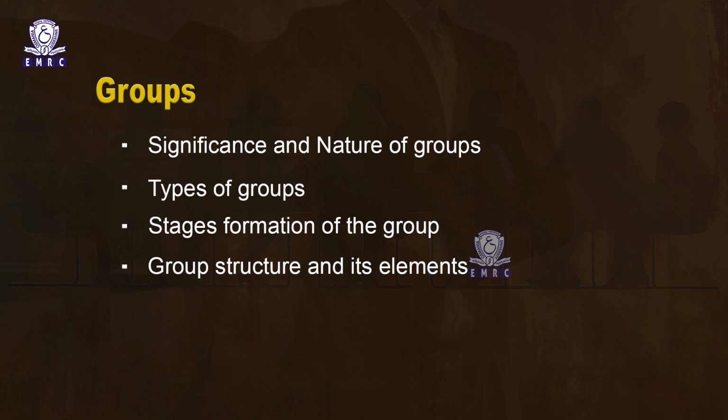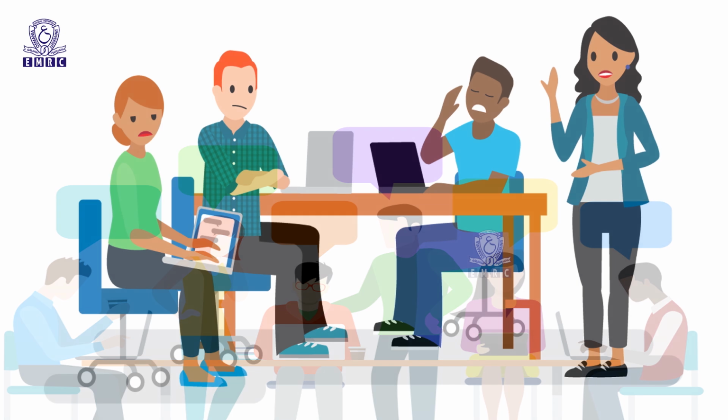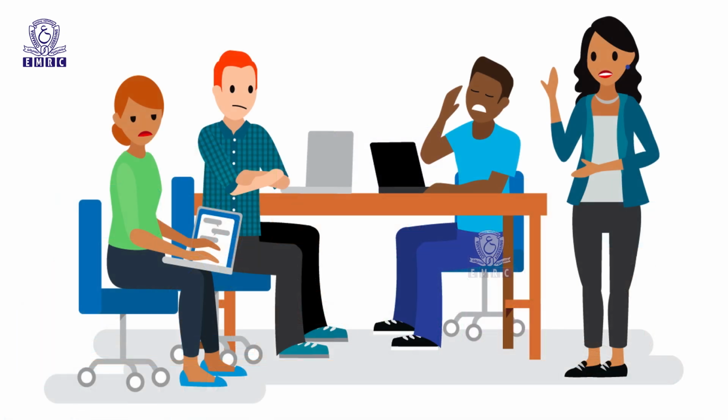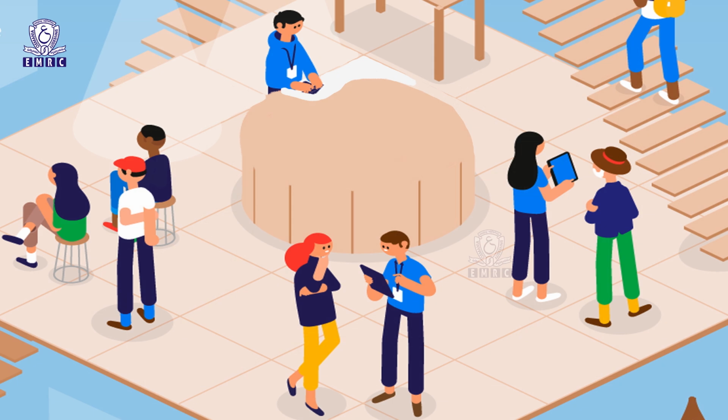So, there are sequential developmental stages. Another possible classification is the stages of formation of the group. So, you might think that forming a group is simply about choosing to work with some of your friends, but that's not the case. However, when you work together in a specific group activity, your relationship with each other needs to become professional. Now, before this can be achieved, the group may go through certain stages.